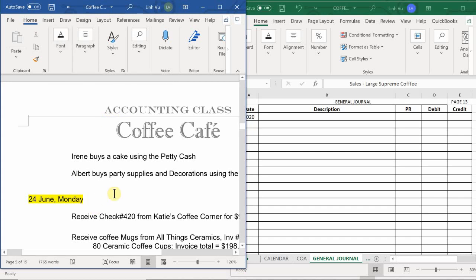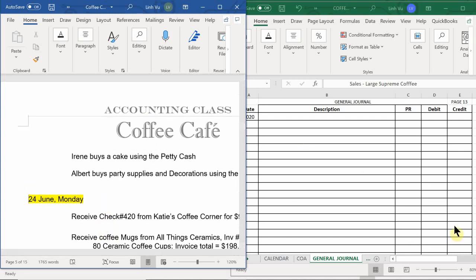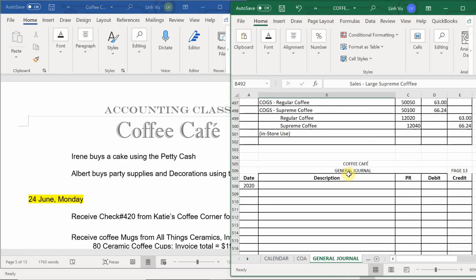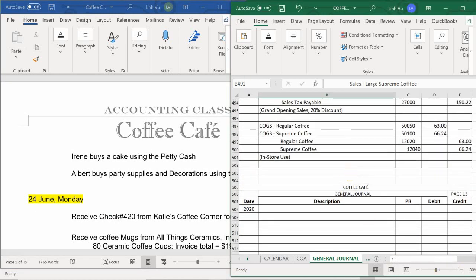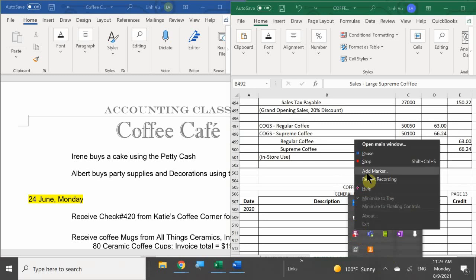petty cash drawer. So in this case, we're going to stop here, and tomorrow we will continue with the 24th of June, so Monday. Okay, we're going to start a new day on a new journal, okay? So save your work, save, and if you don't have any other extra questions, you guys are free to go, all right? Have a great